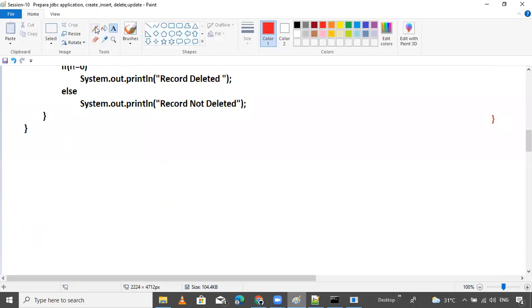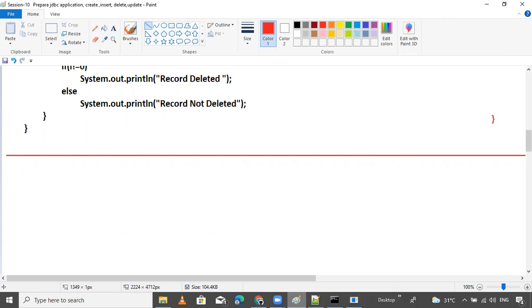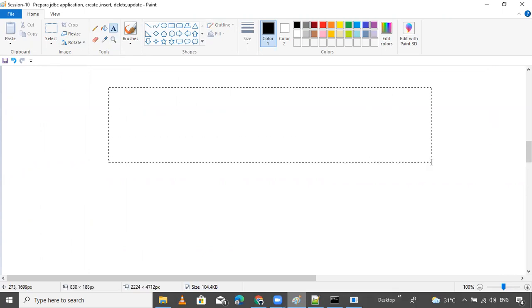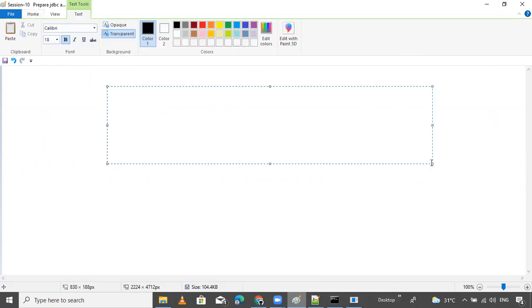This is related to an example. Now this question is about the types of result set. We have two types of result set.